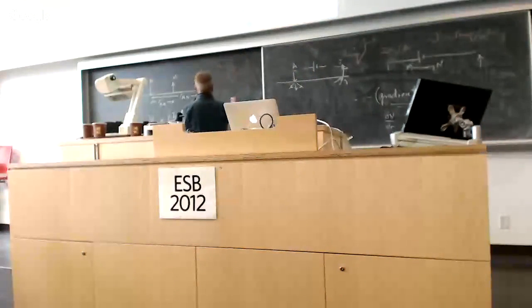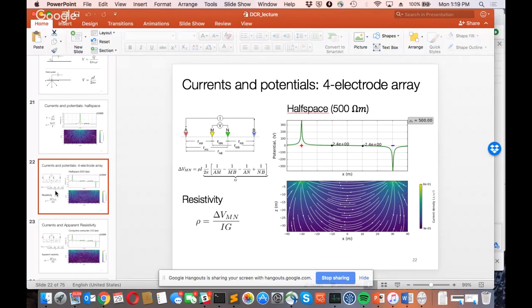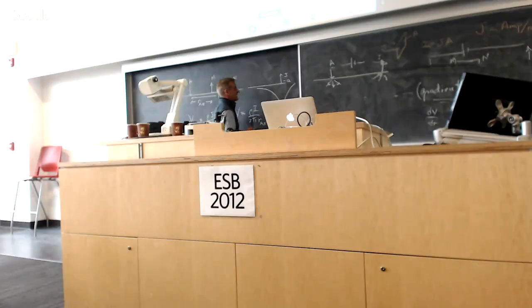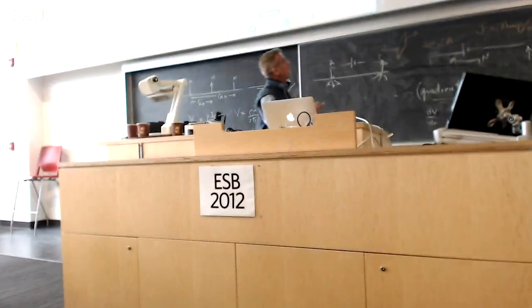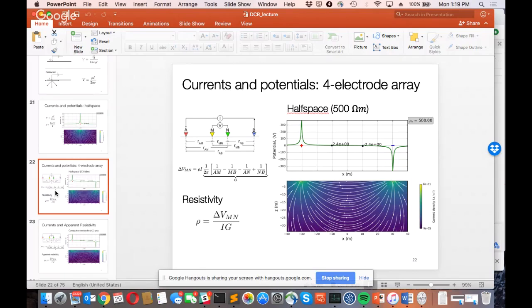So if I have a negative current here, so it's like a minus Q, then the voltage, remember, was of the opposite sign, and so these numbers here are going to be. So I can use superposition. I can just add all of those up, and then I get a resistivity. I get a potential difference that looks like this. So it's just the same form as we had before. It's rho times I times this geometric factor that's just related to the distances between the various electrodes. Okay, so that's